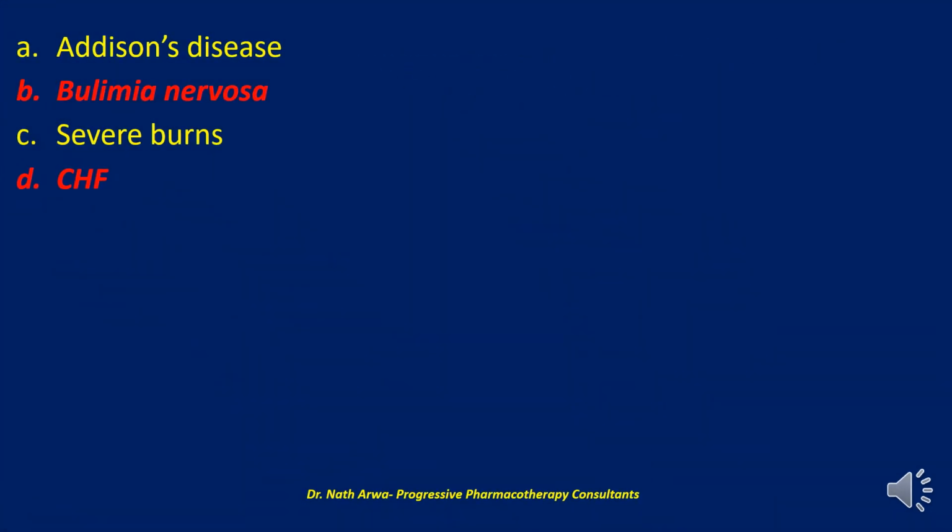So in my opinion, two answers would be correct: congestive heart failure and bulimia nervosa. Hyperkalaemia can be caused by ketoacidosis, by a myocardial infarction, by severe burns, acute and chronic kidney failure. Even fasting can do so. A GI bleed could result in the same. Adrenal insufficiency and Addison's disease can all cause hyperkalaemia. But remember, we are talking of hypokalaemia in this case. So that makes D and A wrong.